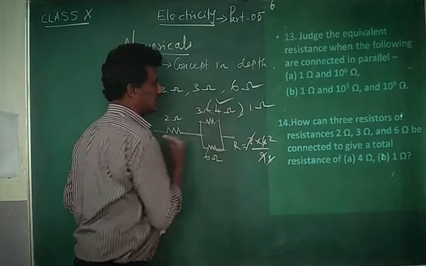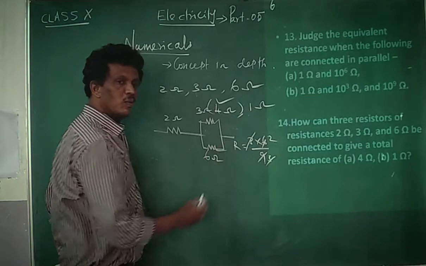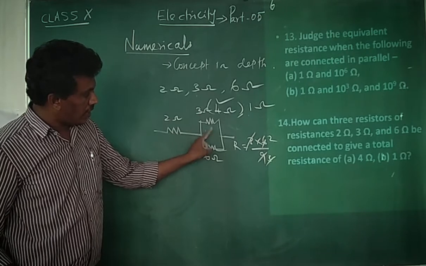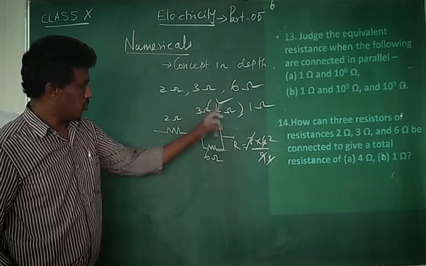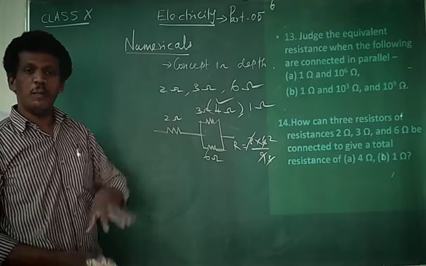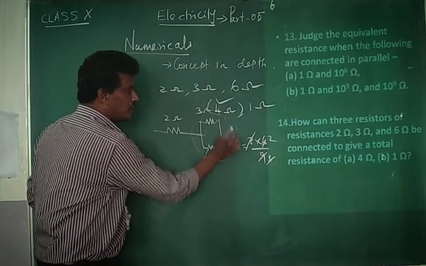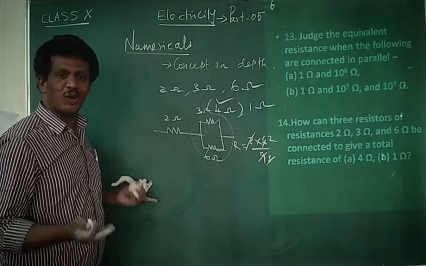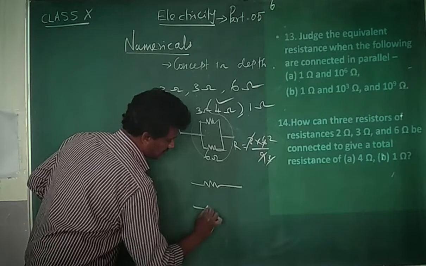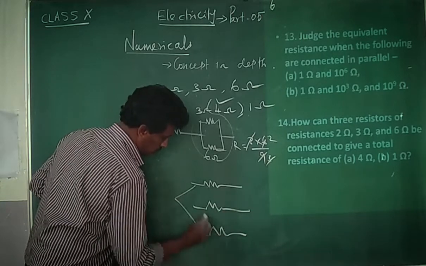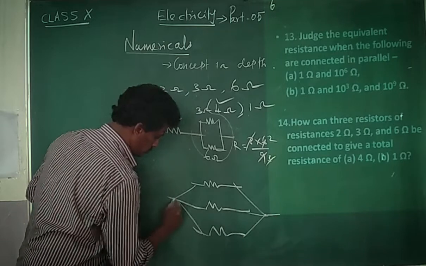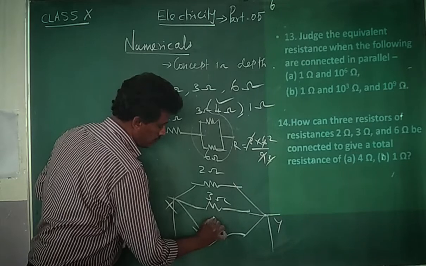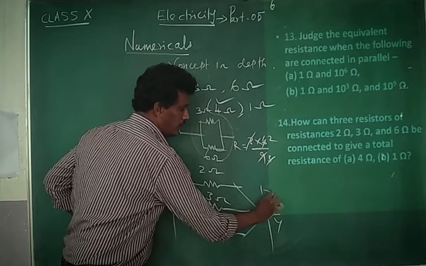Yes, you got it for this. Next, 1 ohm. How did you get it? 2. Again, the equivalent of this is 2. 4. Now, you want 1 ohm. What you can do? You put the effective value of this and this in parallel. What is the meaning? All the 3 resistors in parallel. 2 ohm, 3 ohm and 6 ohm. How will the equivalent become? 1 ohm.